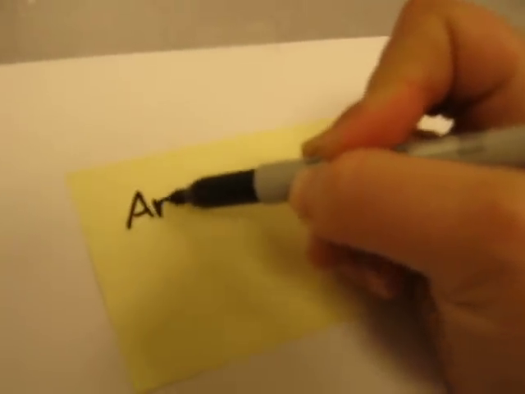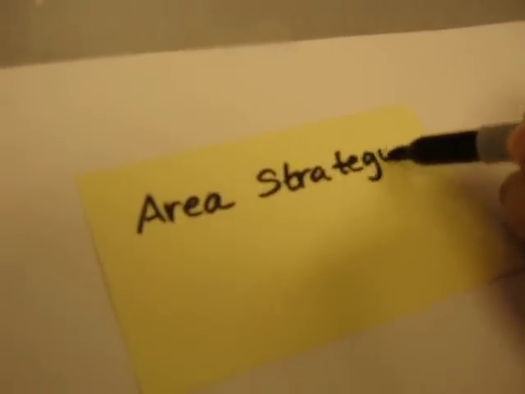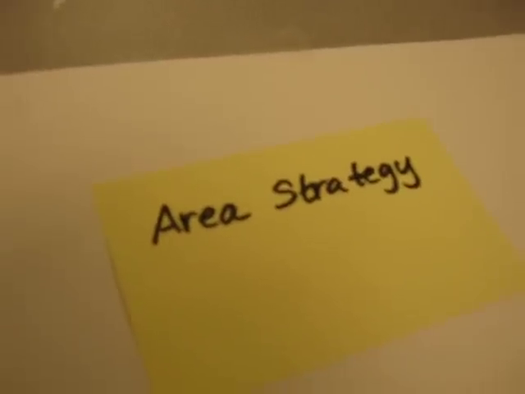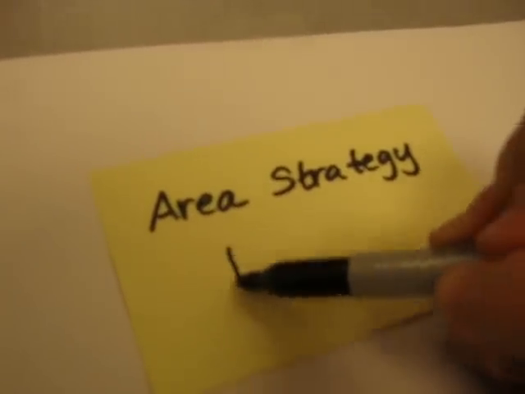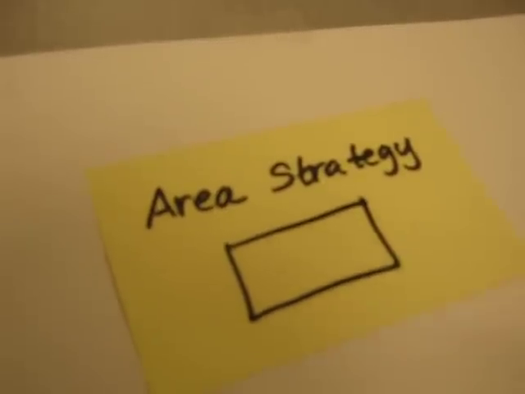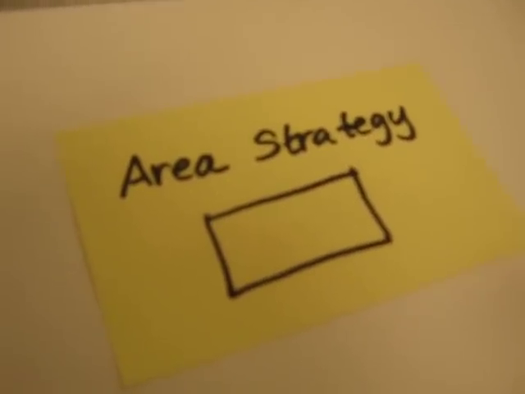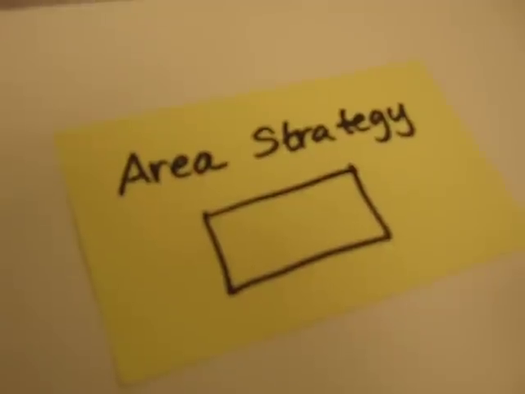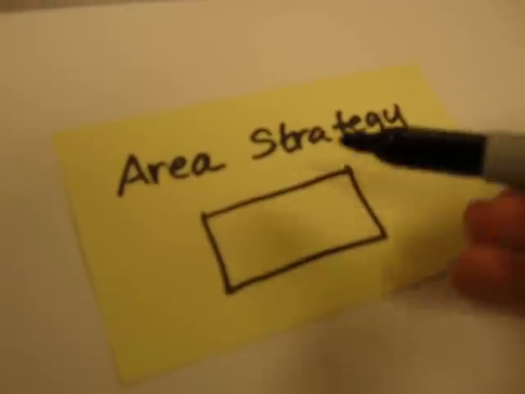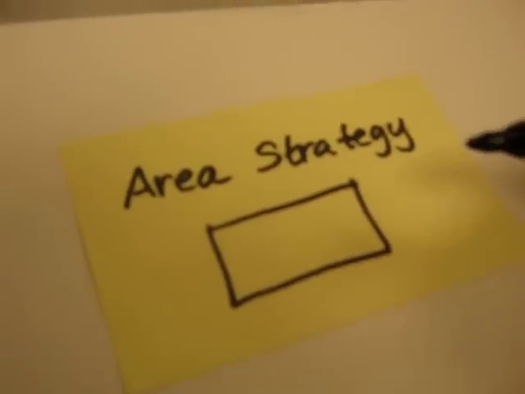Okay, this video will talk about the area strategy for multiplication of larger numbers. We know the area talks about the square units inside of a given quadrilateral, or any shape really, but we mostly focus on quadrilaterals. The students are currently learning about how to take a multiplication problem and turn it into a problem that focuses on area, such as, imagine this were a house, and if you have a number like